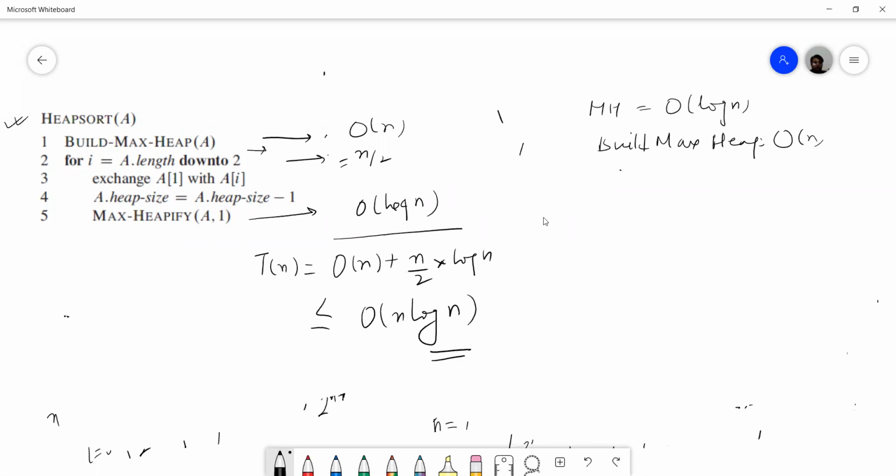So now we'll start priority queue. We have already studied what the priority queue data structure is. If you remember, it is represented by a two-dimensional array, it is also represented by a linked list, and it is also represented by a heap. So we'll see what operations we can do on a priority queue if it is represented by a heap.